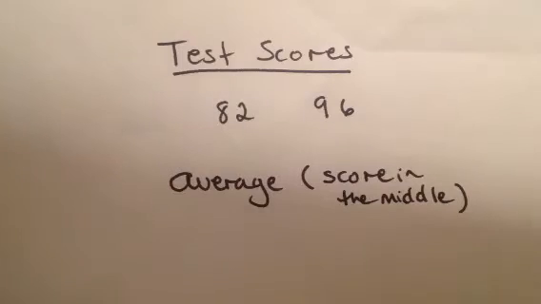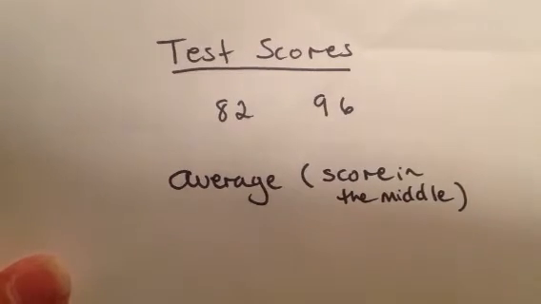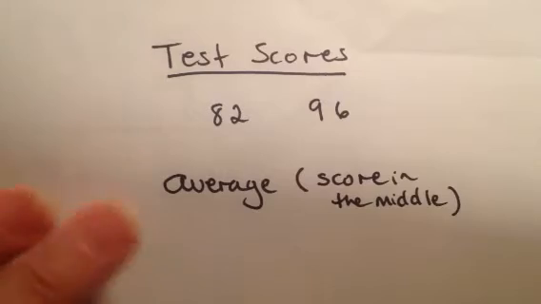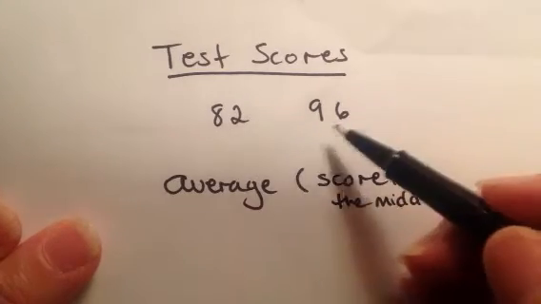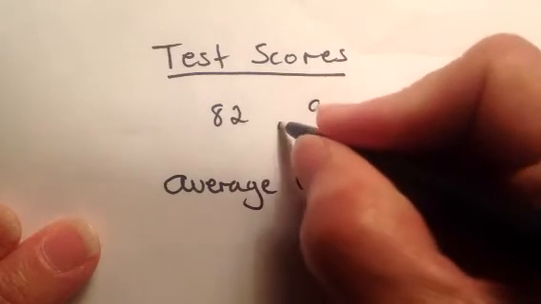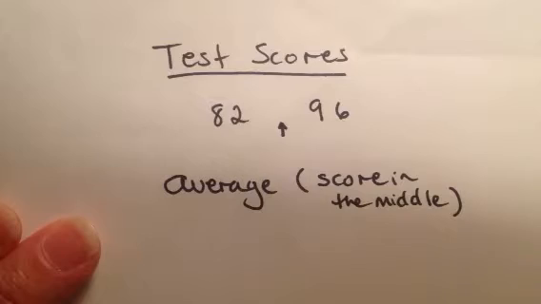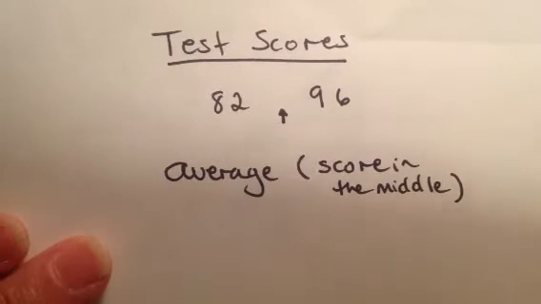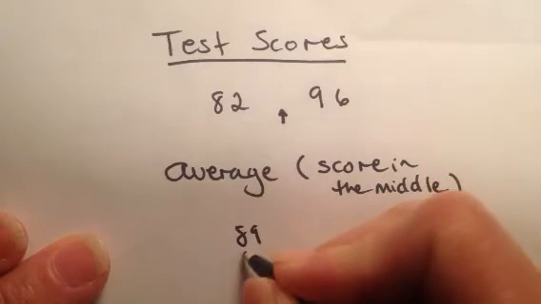Okay, so this is about the midpoint formula. I just want to start off with an example on test scores. If you had two tests, and you got an 82 and a 96, and you wanted to find the average, that average would actually give you the score that's exactly in the middle if all you had were two, right? So you would know that you would take 82